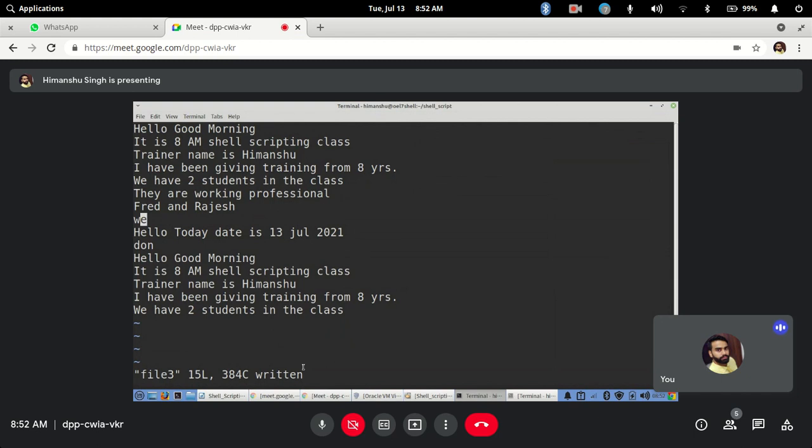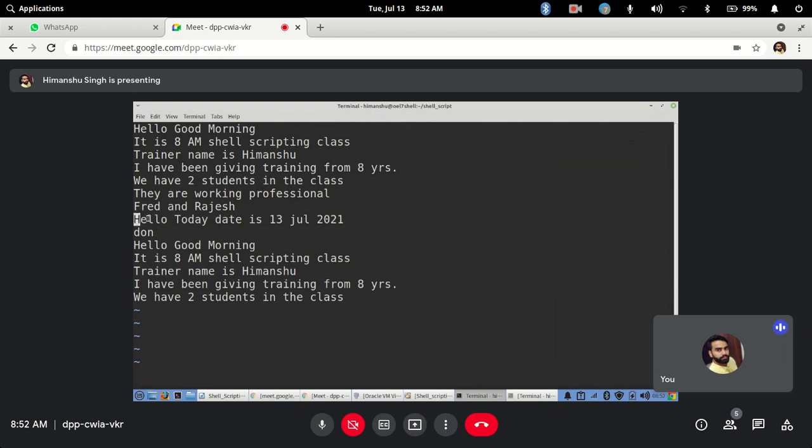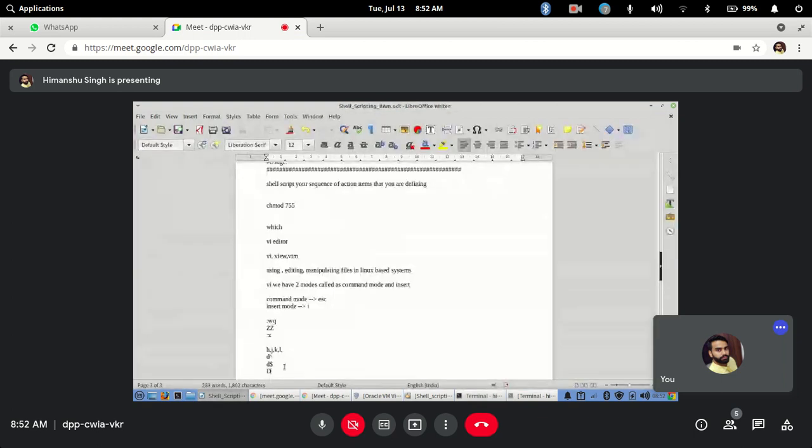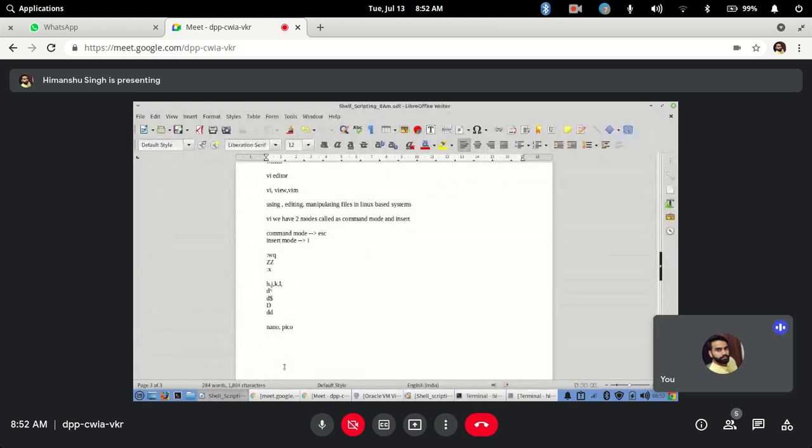Now if I want to remove this line, I will use something called delete the line, the whole line. Earlier we were seeing from the current cursor position to the beginning, current cursor position to the end, or the characters or the words. Now if I want to delete this whole line together, I will press DD. It's just DD, simple DD.